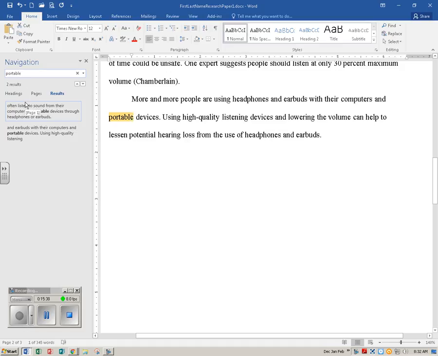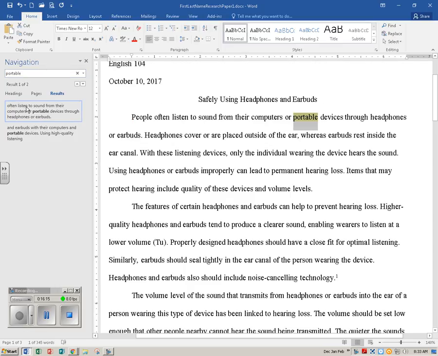in the navigation pane search box to display all occurrences of the typed text portable, called the search text in the navigation pane, and to highlight the occurrences of the search text in the document window. Red circle number 3. And as you can see, it did highlight the word portable here. Red circle number 3. Click both occurrences in the navigation pane and watch Word display the associated text in the document window. So let's click here on the first one, and it jumps us to the very beginning of the document